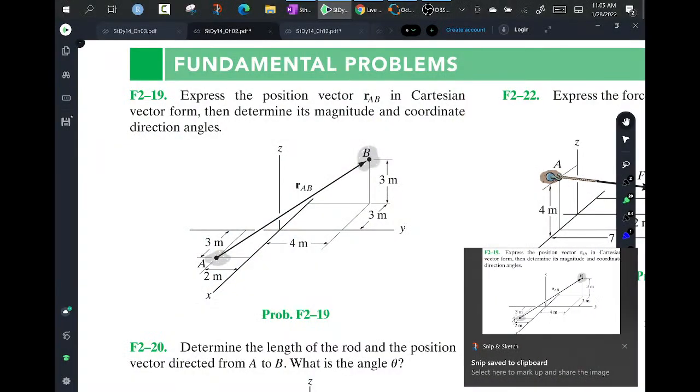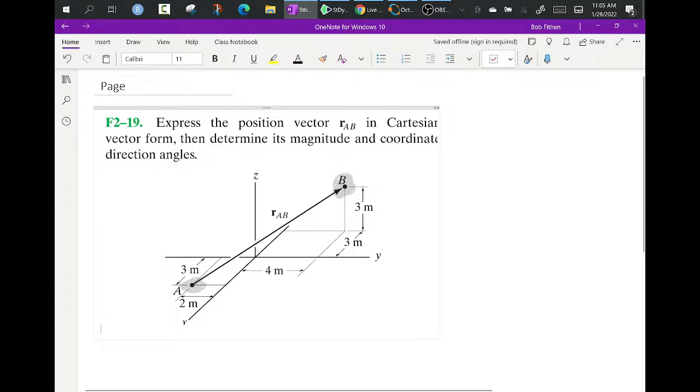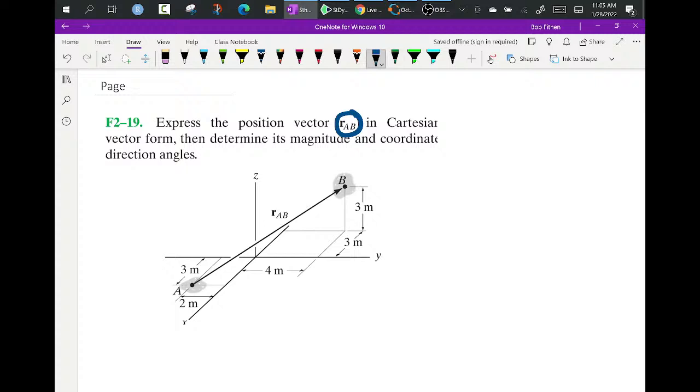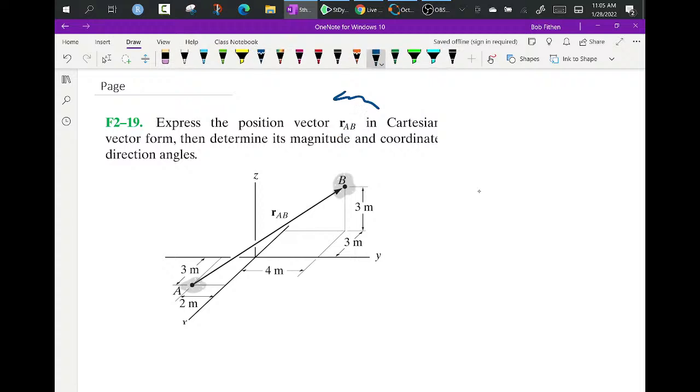So this is a simple one, but I'm going to do more than what he tells us to do. So he says, express the vector RBA as a Cartesian vector. What I want to do in addition is find the unit normal from A to B. Then I want to find the angles alpha, beta, and gamma, and look at those. Okay, so